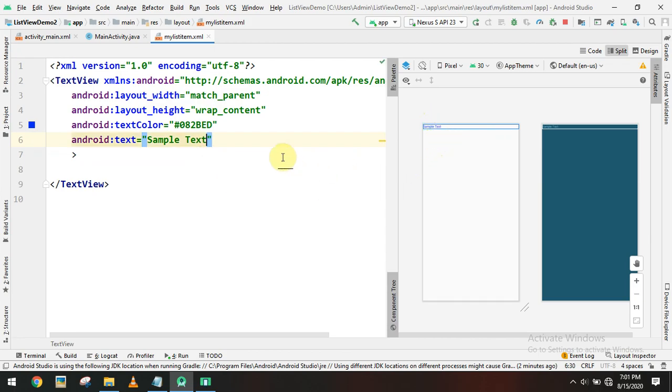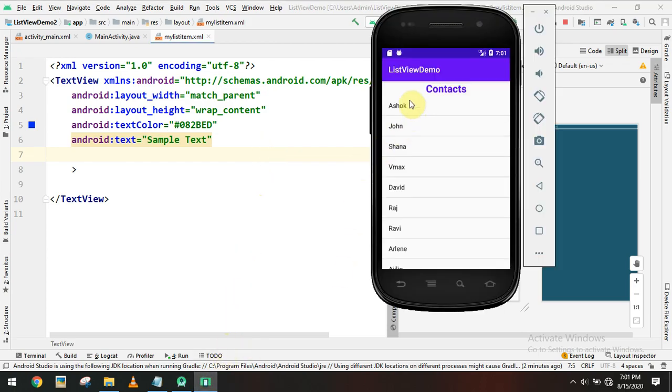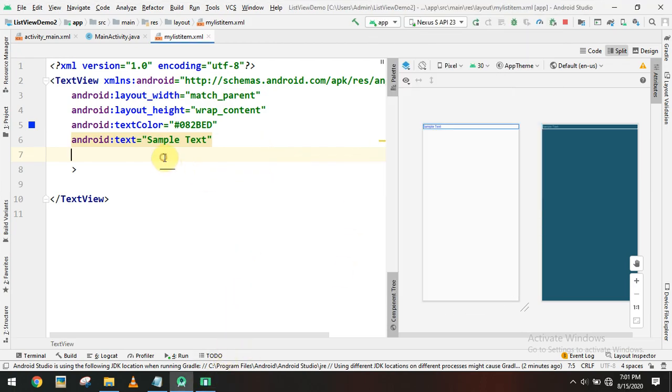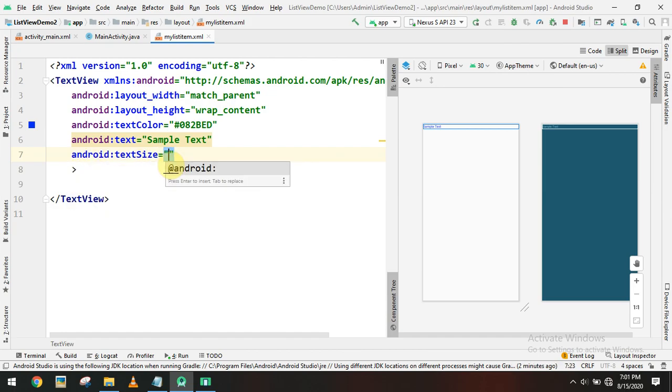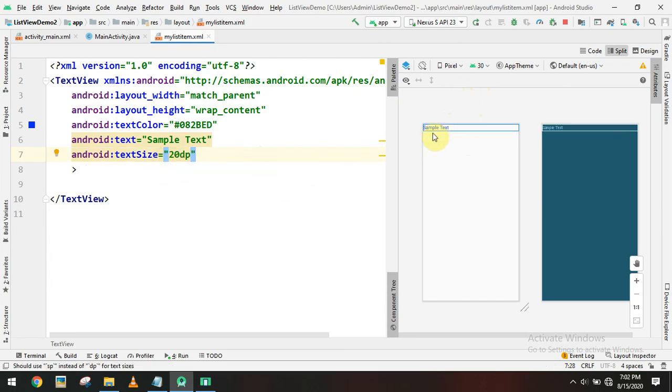Like this, it looks like this, and font also we can change. This is the default font. If you want to change the default font, we can use text size, we can change the size. For example, we can change to 20 dp. So as per the size you will be getting the text, right?